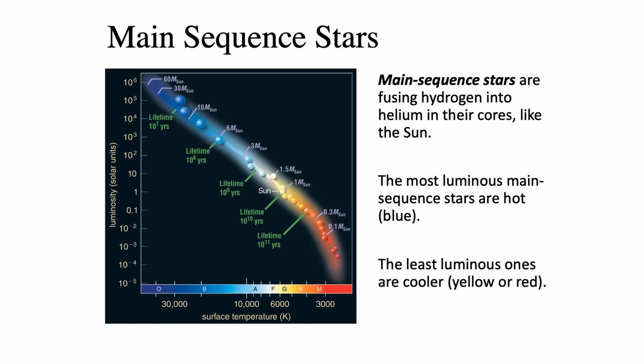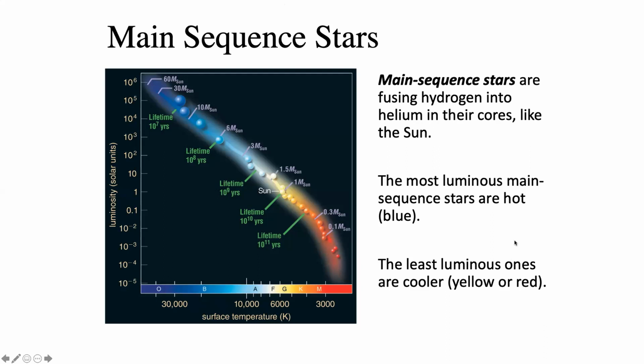And nuclear fusion could mean that we're fusing hydrogen atoms together. It could mean that we're fusing helium atoms together. It could mean that we're fusing carbon atoms together, so on and so forth. But a star belongs on the main sequence if and only if it's fusing hydrogen into helium at its core. That's the only thing that makes something a main sequence star. It has to be fusing hydrogen to helium in its core.